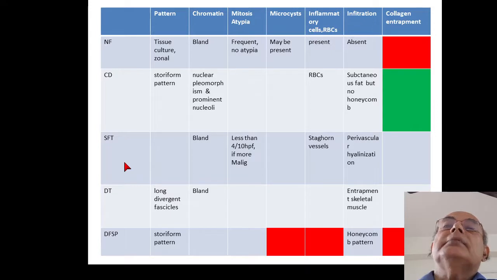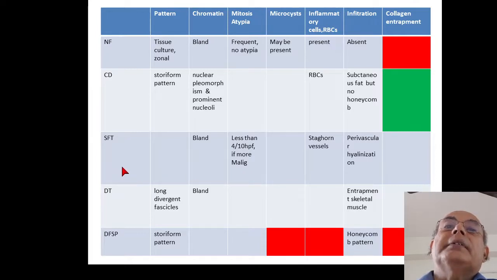Solitary fibrous tumor, bland nuclei, tumor is not mitotically active, staghorn vessels, perivascular hyalinization. If the mitosis is more than 4 per 10 high power fields, nuclear atypia and necrosis,